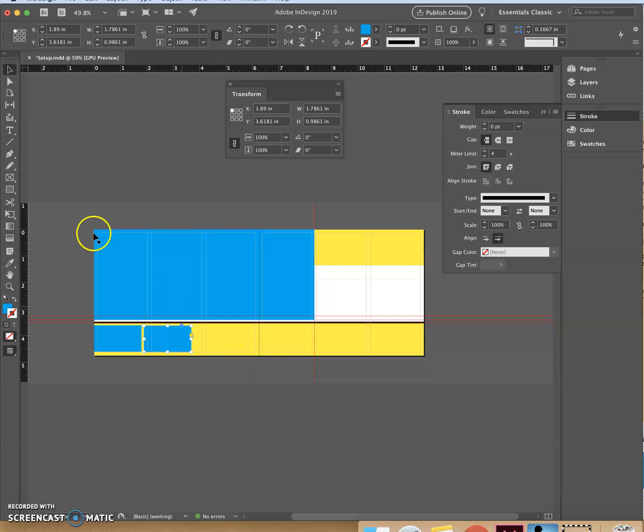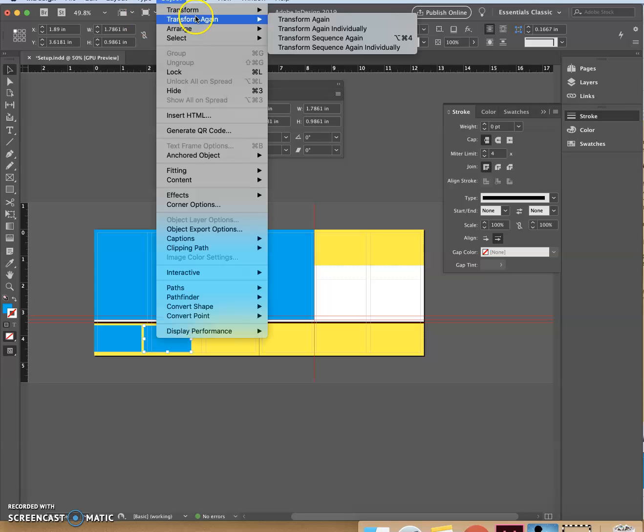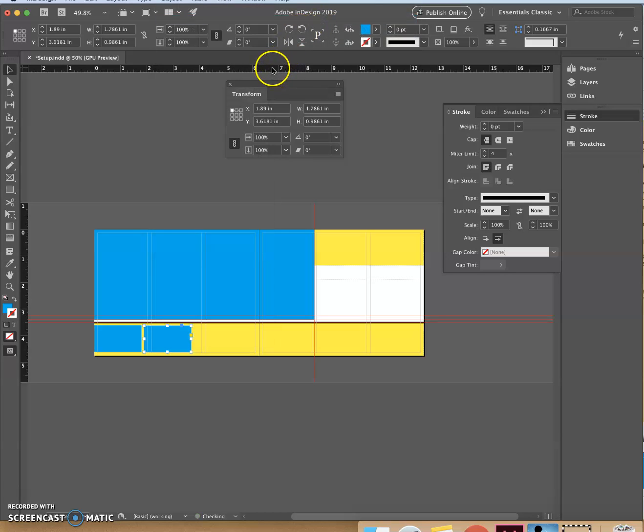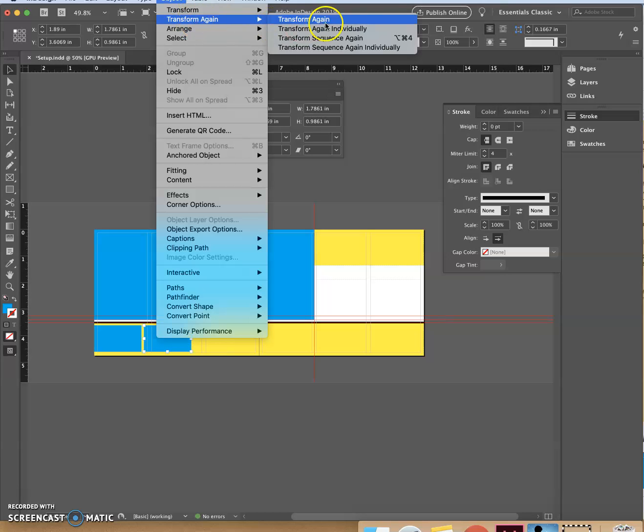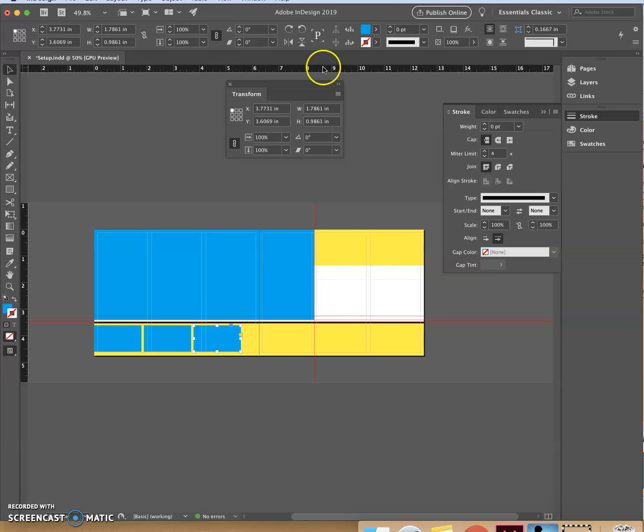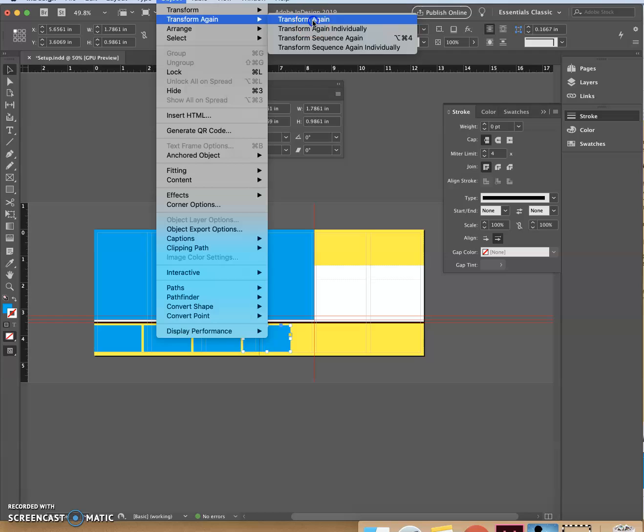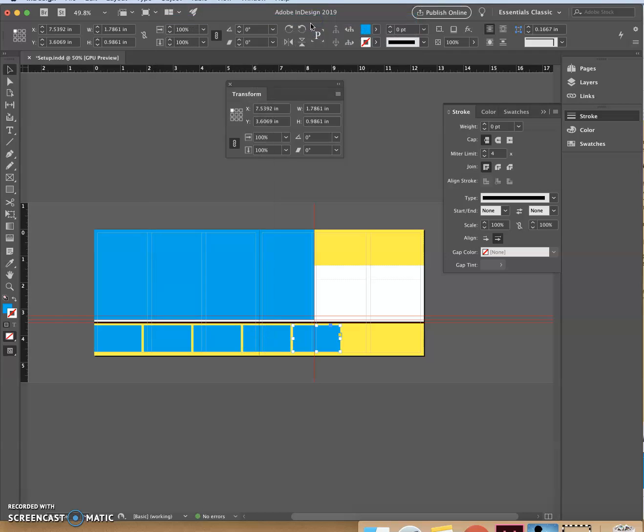Now we're going to click Object, Transform, Transform Again. Oopsie. Let me do that again. So Shift, Option, click and drag. We're going to go 1/8 of an inch over to the side. There we go. We're going to go to Object, Transform, Transform Again. And you see that it just made another copy. So we're going to do this 2 more times. Object, Transform Again. 1. Transform Again. 2. Okay, so we're going to select all 5 of our little rectangles. So we're going to hold down the shift button and click